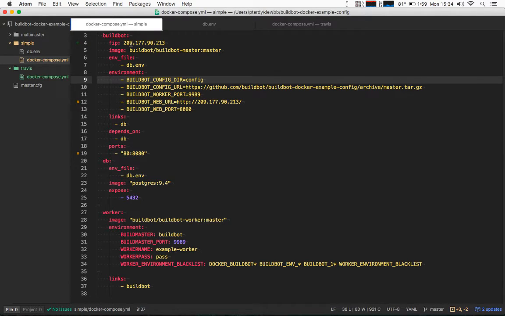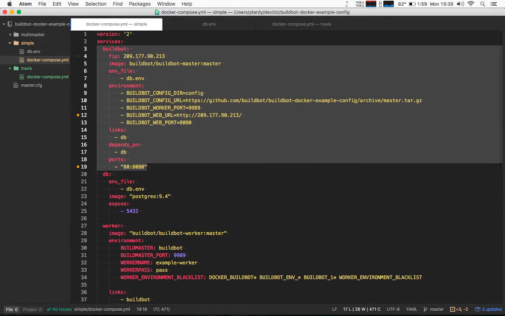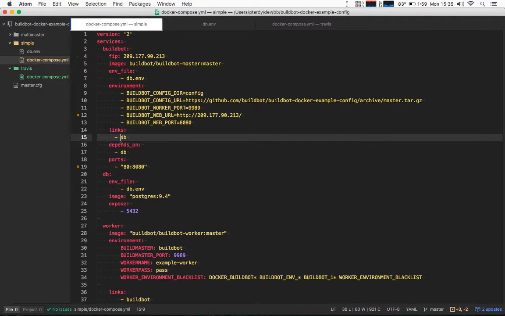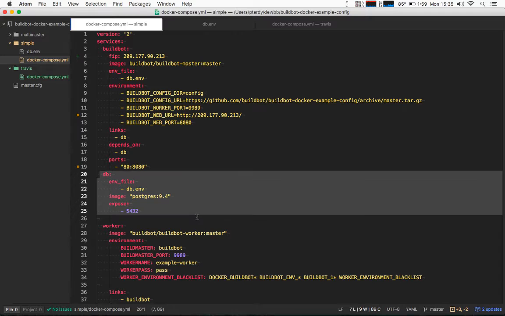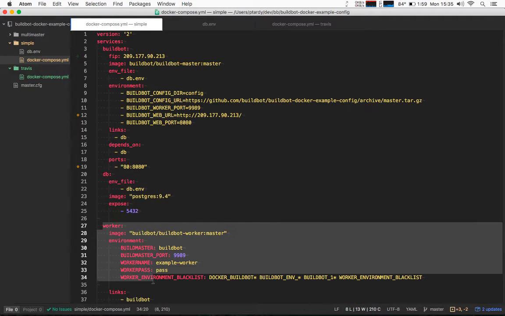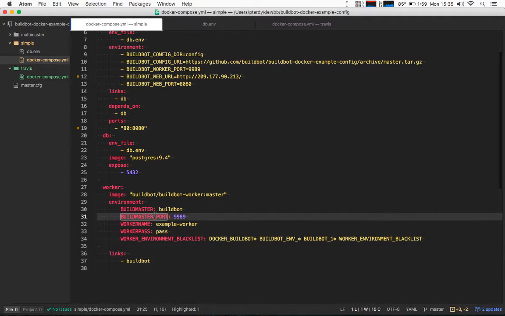Okay, so here basically you have three containers. The first one is the buildbot master container. It contains the master, and it's connected to the database. And the database itself is just a plain standard PostgreSQL database. It exposes the database port, nothing very fancy. And then you have a worker container that is connected to the buildbot master, and the buildmaster port is